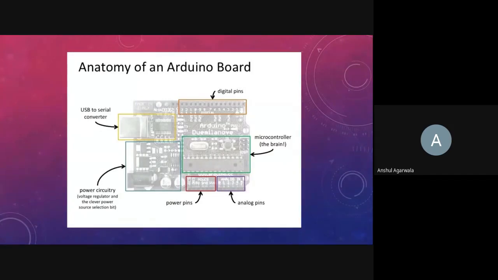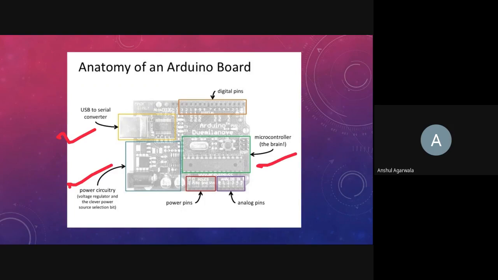Okay, let's start one by one. This is the power circuitry. You use these ports, this section, to power on the Arduino. Power on as in to provide the voltage to the Arduino to run. Then we have the USB to serial converter. As I told you, Arduino is where you code the hardware. So you write your code on your PC and then you upload that code to the Arduino board. You do this using this section, using a cable. This is the microcontroller part, which is already discussed.